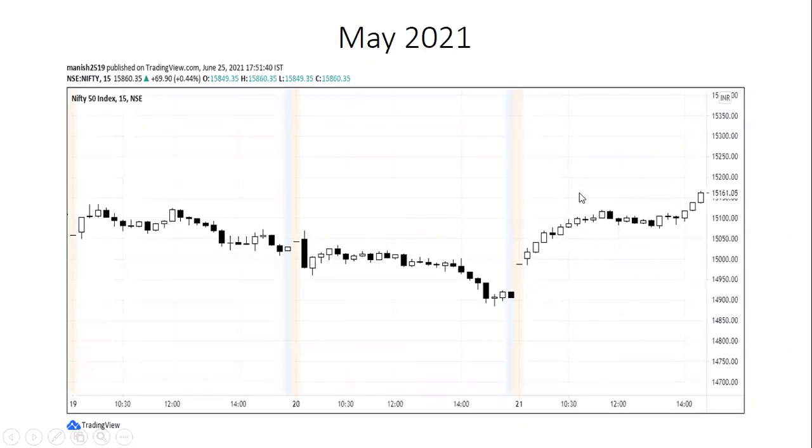Now let's take some recent examples to discuss with you. See, this is Nifty 15 minutes time frame. Date you can note down at bottom, 19, 20, 21. Now I want you guys to identify on which date can you see master candle in Nifty out of 19, 20, 21. Okay, I will request now, be interactive. Do reply in chat box. Let me see if you can identify this setup on graph. In Nifty, on which date, guys, can you see master candle setup out of 19, 20, 21?